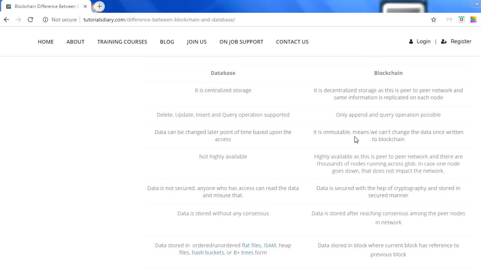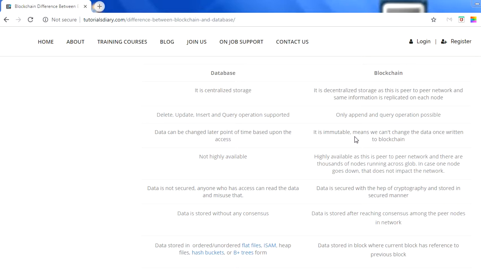So the very first difference between database and blockchain. As I just mentioned, these two technologies, database and blockchain, are used to store information. Whatever transactions we do get stored in these two things. This is at a very high level. Once you go in depth there are some differences, which we'll not talk about. But at a very high level this is all the same, because they are storing the transactional information which we need at later stages.